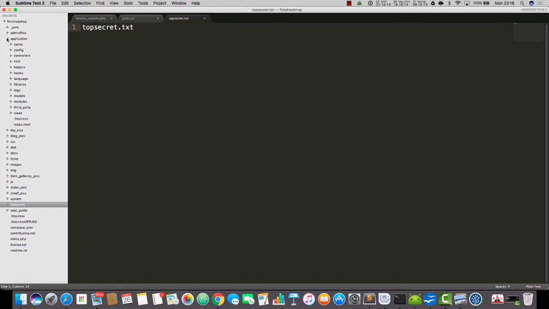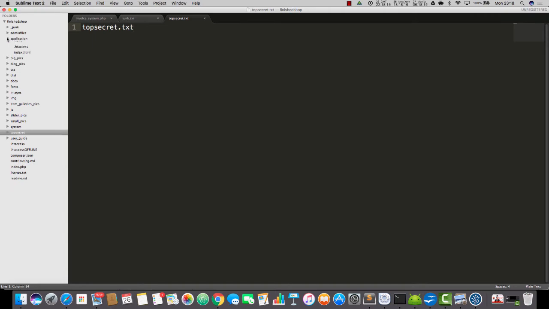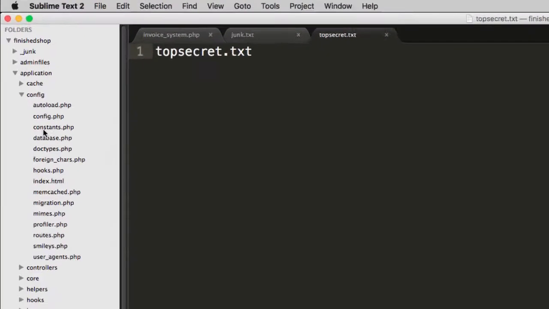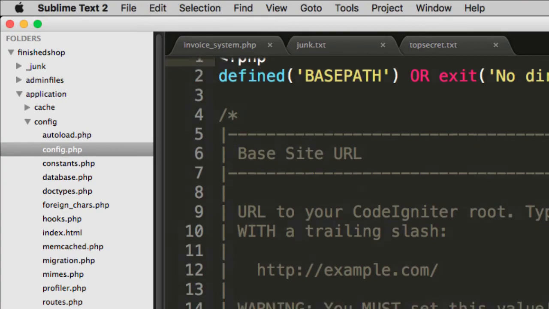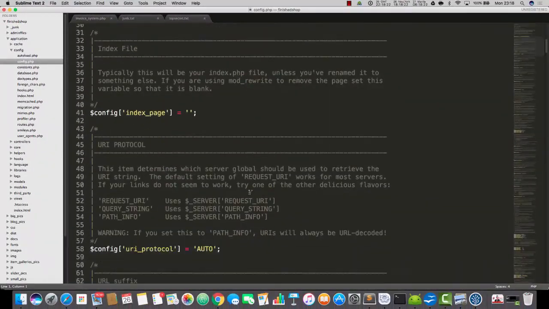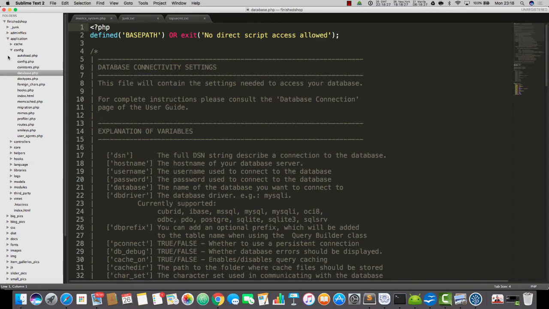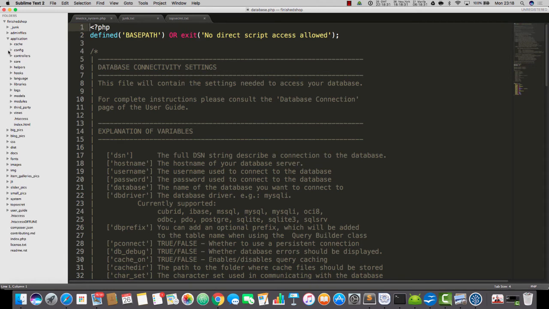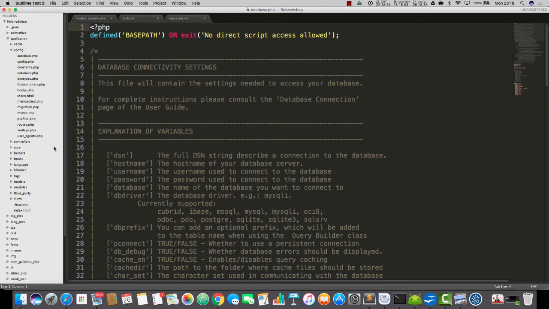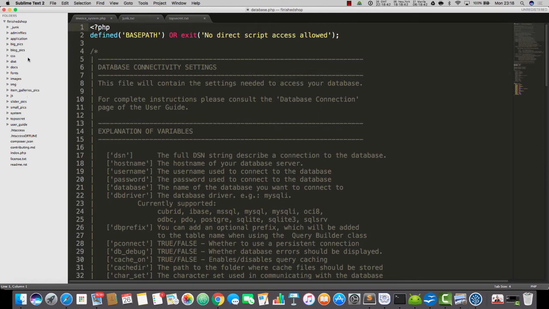Let's also imagine that we don't want to maybe have this, let's see, maybe this config thing here with the base URL, or maybe the database file, something like that. In fact, do you know what? Maybe the whole config folder. Maybe we just don't want that included in our repository. After all, it's probably going to change for different people, you know. So if we have a vibe where we don't want those included, then what we do is we make a